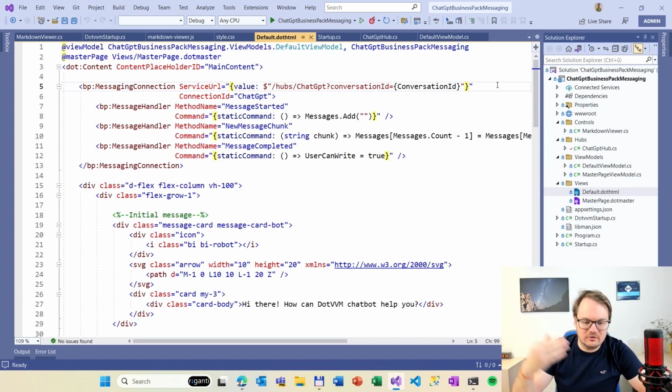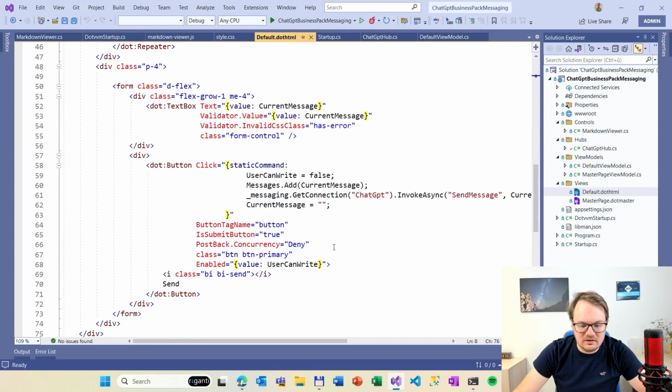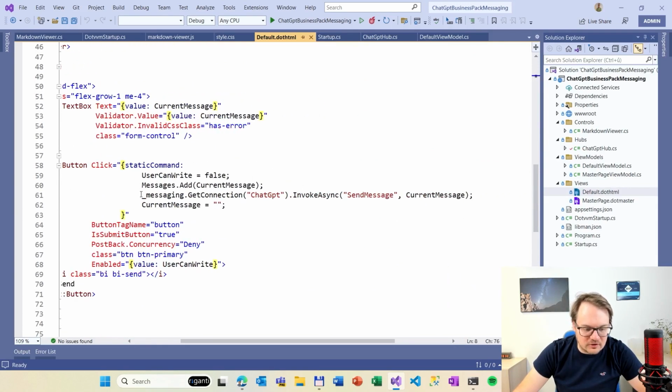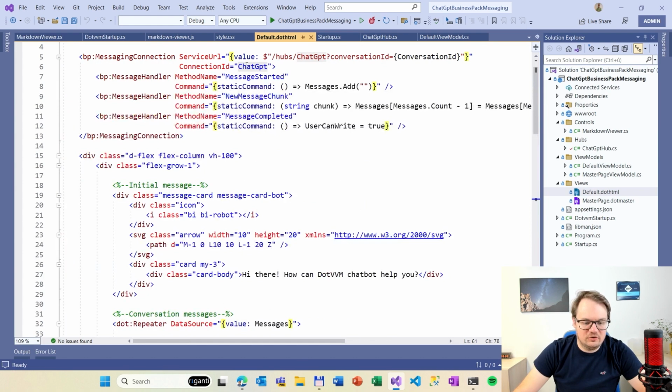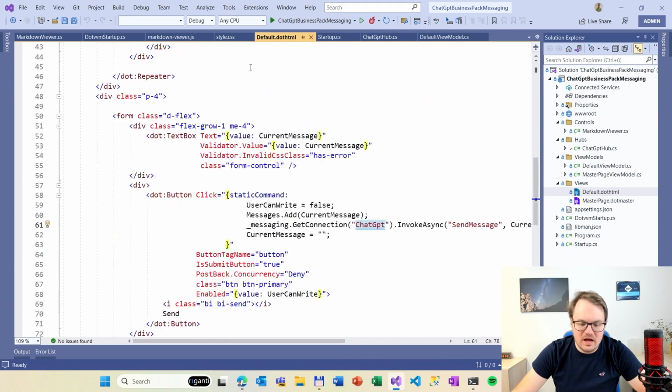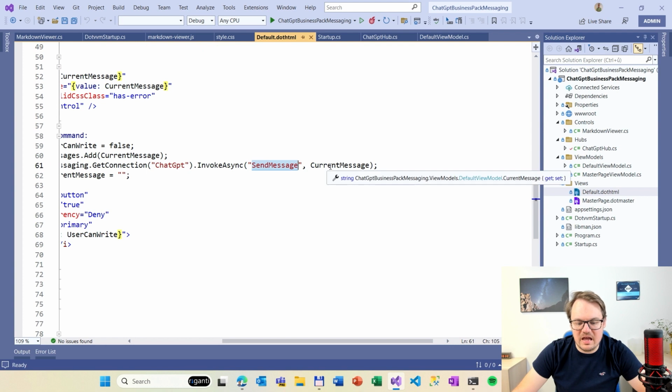So the events coming from the server are handled by these commands, and when I need to call some method in the hub on the server, I can use this new syntax, underscore messaging get connection, and reference this connection ID. It has to be unique. So this is the only problem here. It must be unique. And then I can call invoke async and call any method in that hub and pass it any